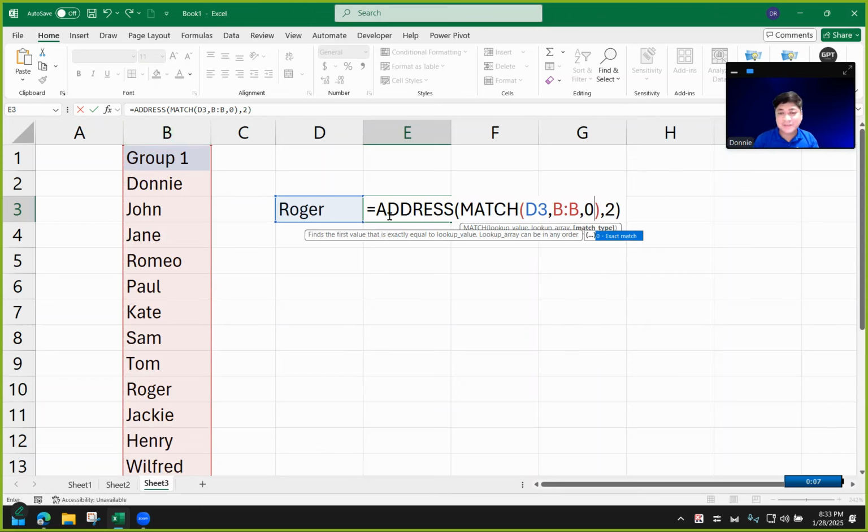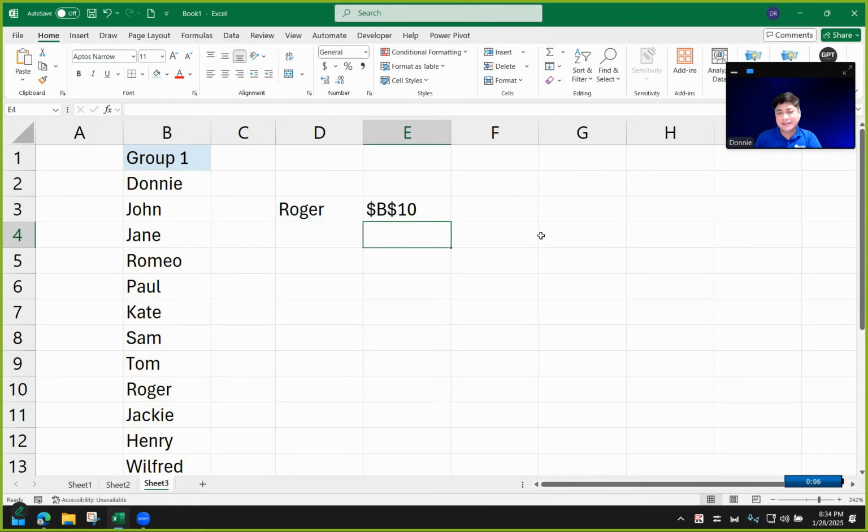Just like how VLOOKUP ends its formulation, you need to indicate whether you want an exact match or approximate match. So the match function also follows the same thing. So match will give me the number 10, as you can see here, meaning it's the 10th value in the highlighted cells of column B. Then I get the same answer, B10.